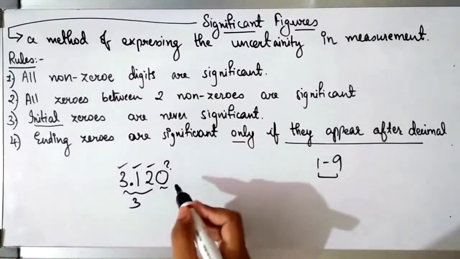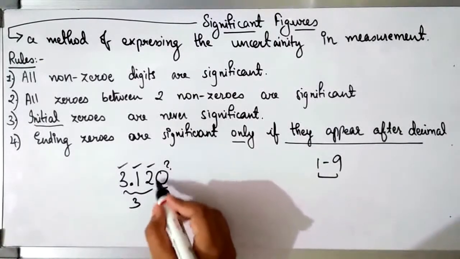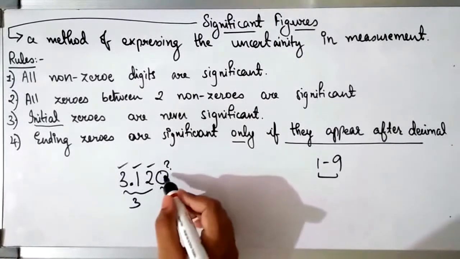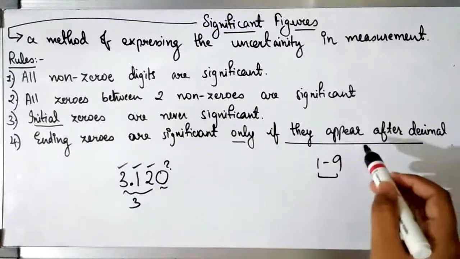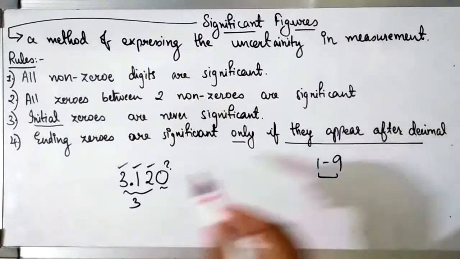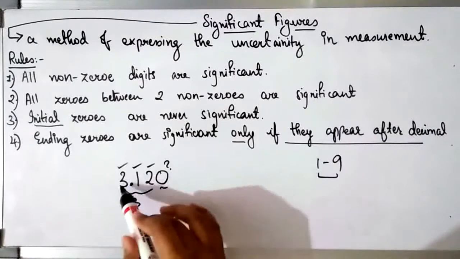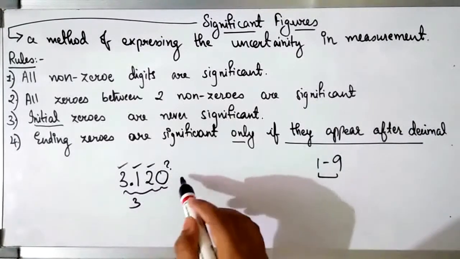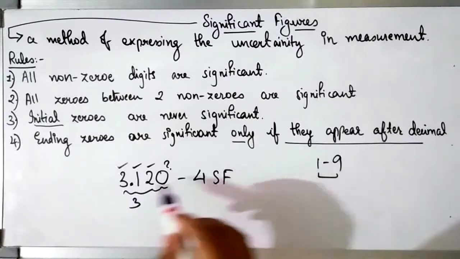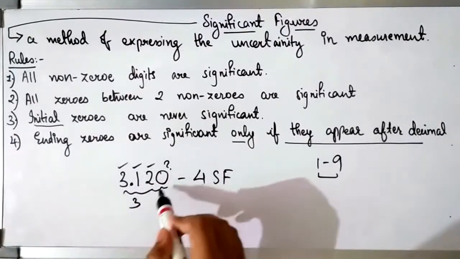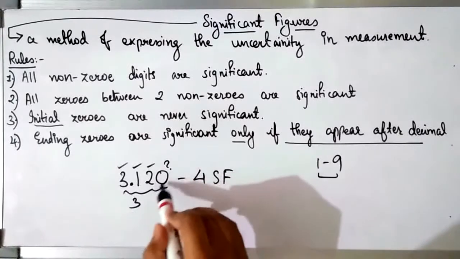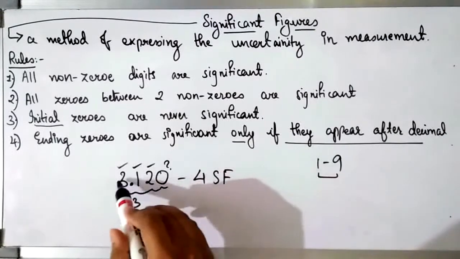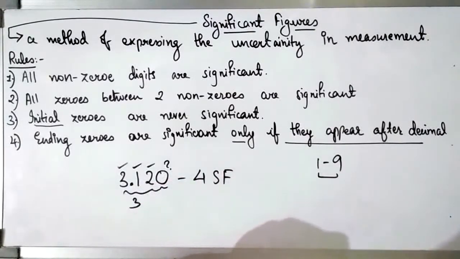First you need to check whether the 0 is ending or not. Okay, here you can see that the 0 is ending. It is the last digit, it is an ending 0, the last 0. Then the second condition is that they appear after the decimal, and this 0 is present after the decimal, not before the decimal, so this 0 can be considered as significant. So overall we have 4 significant figures over here. First these 3 numbers because they are non-zeros, then the last 0, because it is an ending 0 and it is appearing after the decimal. So overall we have our 4 significant figures present over here.